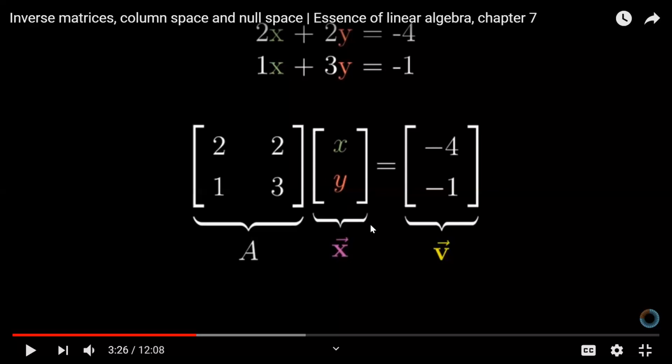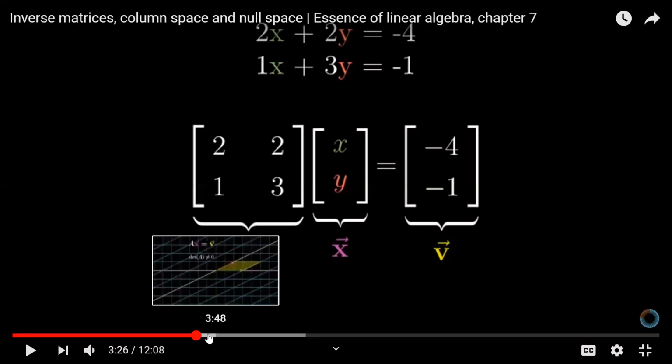So when we do A inverse, we take our answer in this equation, which is V or B, and we bring it back to X. And the moment we bring it back to X, we find the unknown values X and Y. So in order to solve this, we need A inverse. And A inverse is again a transformation, but an inverse transformation that brings B or V back to X instead of X going on top of V. So X transforming into V is A, and V transforming into X is A inverse.